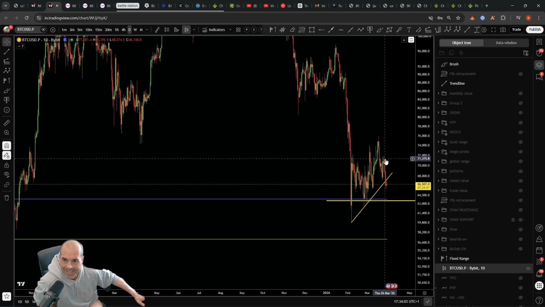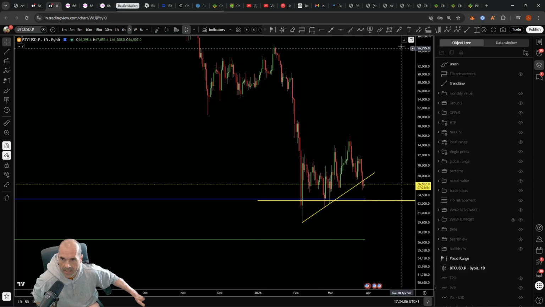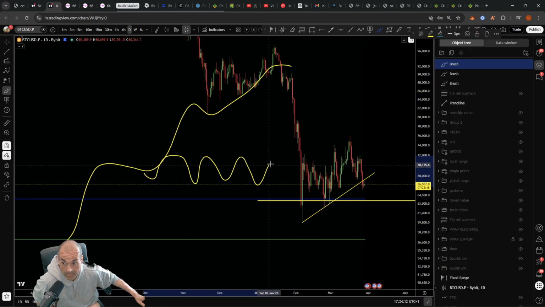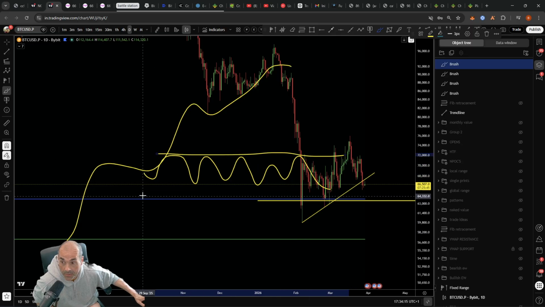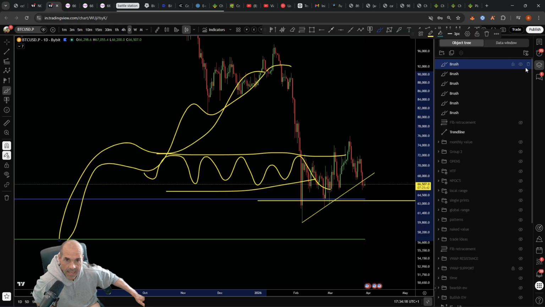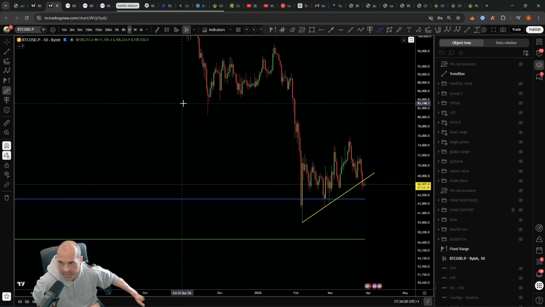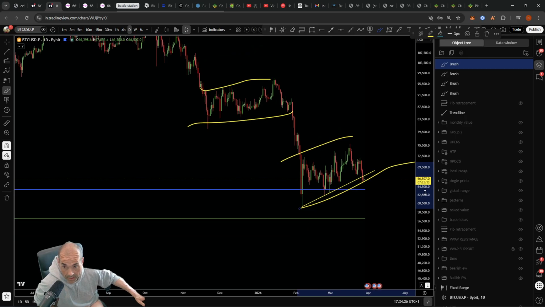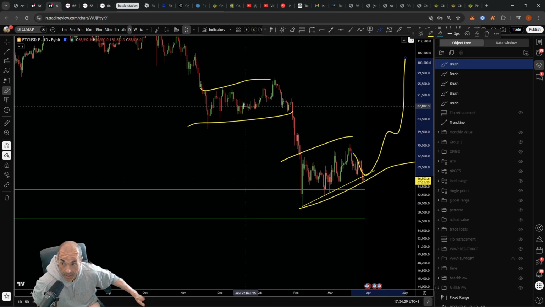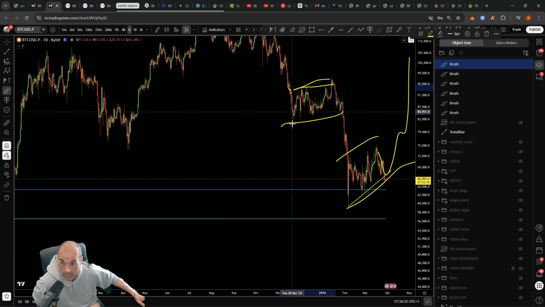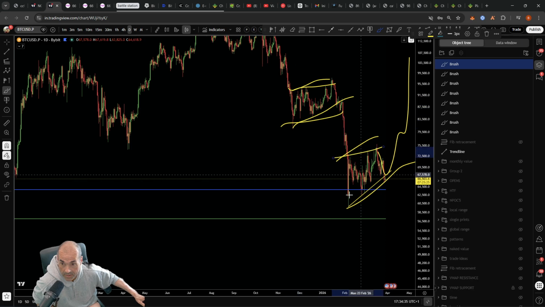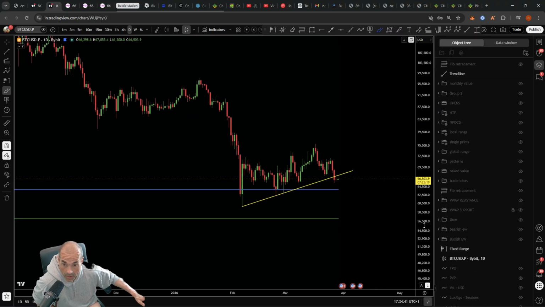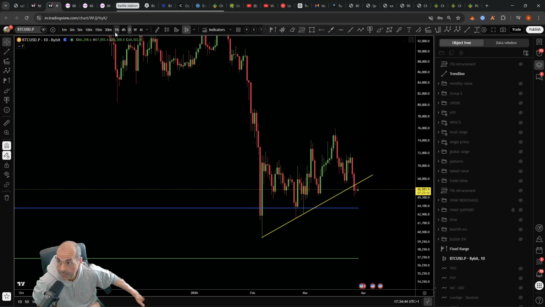Even though this doesn't look really impulsive, this looks kind of corrective, Bitcoin is usually either looking for something or starting something. We're either generating liquidity or looking for liquidity. This is honestly a bearish pattern, but at some point a bearish pattern has to go bullish. We saw this little ascending triangle, ascending parallel channel, same thing. But I am currently in a long from this weekly level. I'll show you.